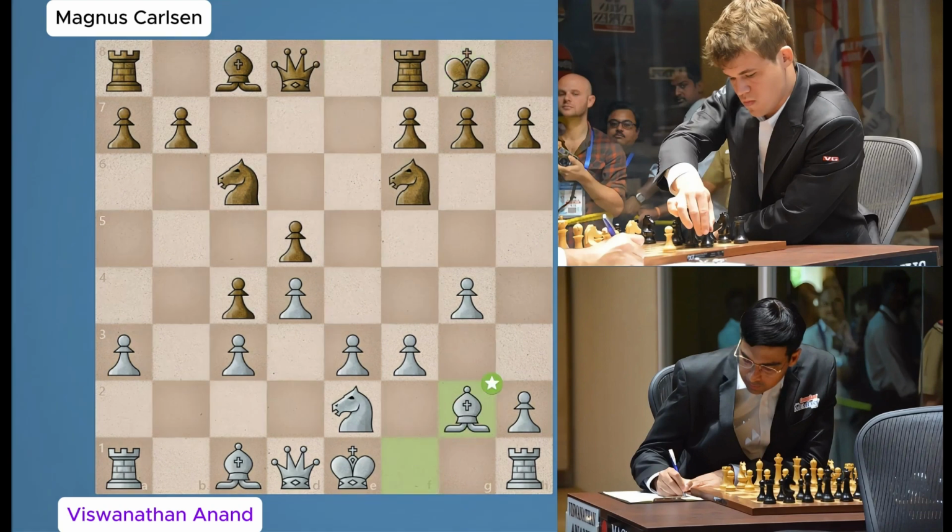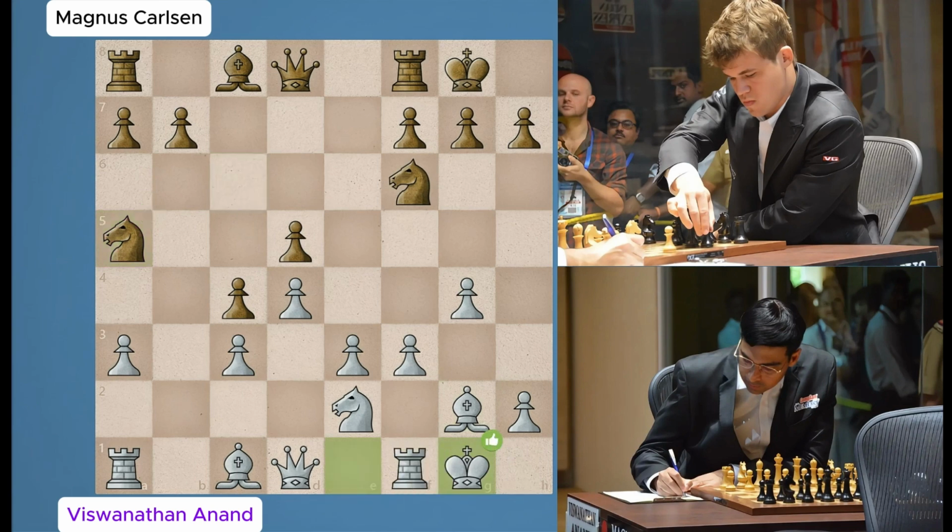Bishop g2. Knight f5. Castle kingside. Knight b3. Rook a2, with the intention of swinging over to the kingside via the second rank.